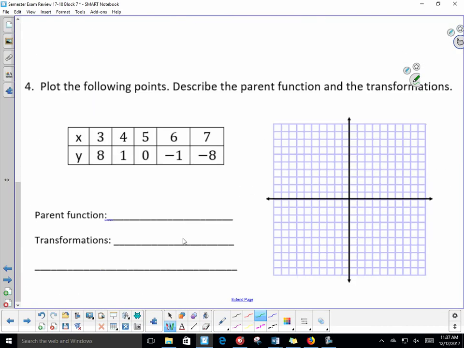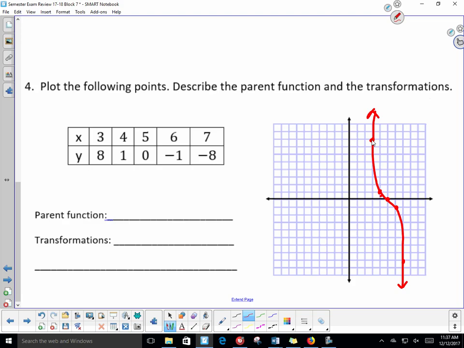All right, we have one last thing that will finish up what we'll be talking about from 1.2. First thing we need to do is plot the points. So take a second, please plot those points for yourself on your graph. And let's see what function this looks like. So 3, 8, 4, 1, 5, 0, 6, negative 1, 7, negative 8. So we want to graph it, connect it, and think about what parent function, what shape does that most